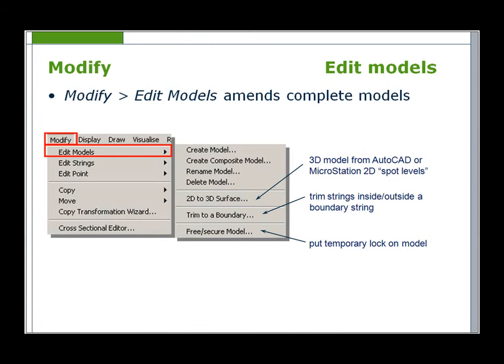To make any change to any of the information in the model, I need to go to the modify options. Now under the modify options, I've got edit models, edit strings, edit points, copy, move, copy transformation wizard, and the cross-sectional editor. First of all, we're going to look at edit models. Under edit models, you can create an empty model here using the create model option. You can create a composite model, which is a combination of at least 2 models. You can change the name of a model using the rename model, and you can delete a model by the